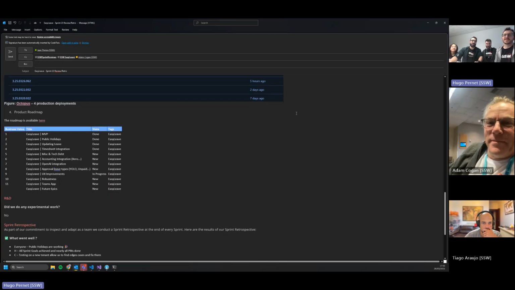I've updated the roadmap now that the public holidays are done. So yeah, not very clear. Can you strike through the ones that are actually done? So now you're on to miscellaneous tech debt, are you? Yeah, go for it. As in the previous sprint review and the one before, and pretty much every single one, I am against updating this because this is a direct export from Azure DevOps, and I want to minimize manual steps